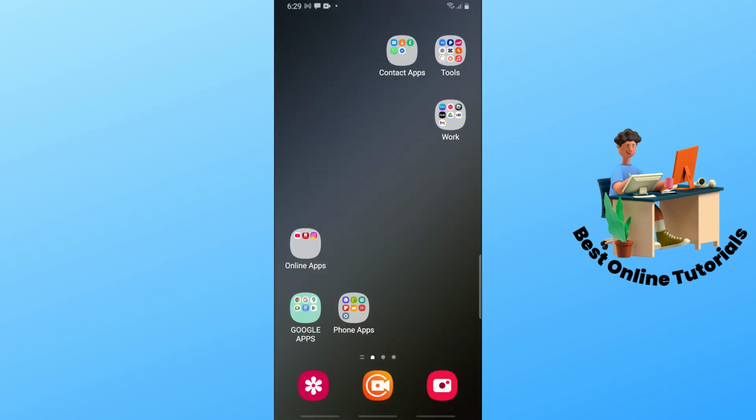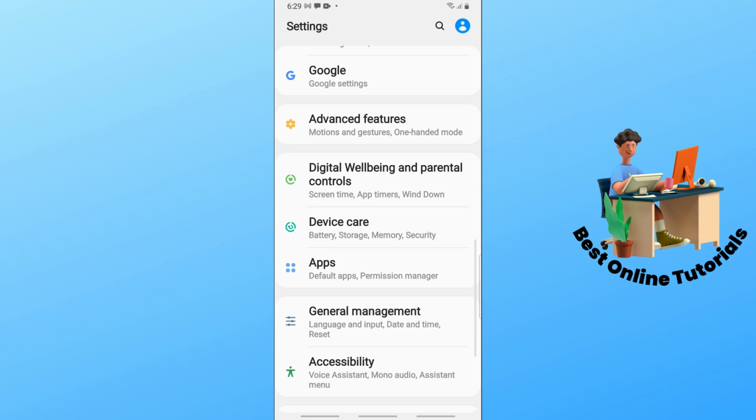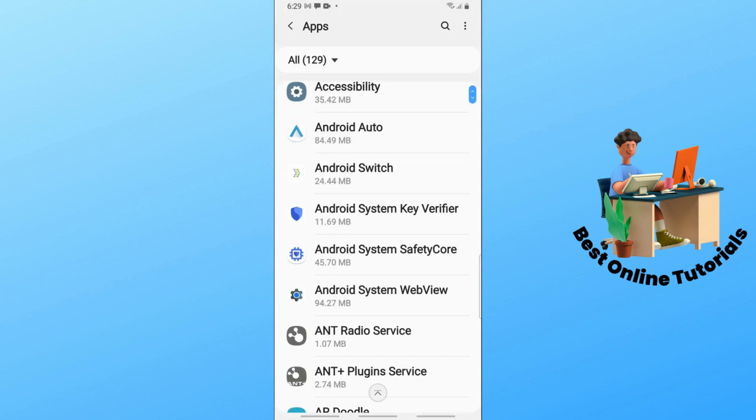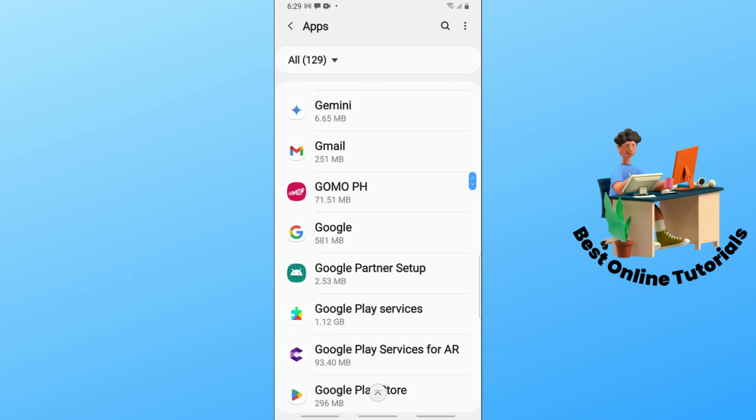Now, another option is just simply go through the settings on your phone. And now here in the settings, just simply scroll down and go for the apps. And after that, just simply scroll down again and try to find the Gmail application over here and